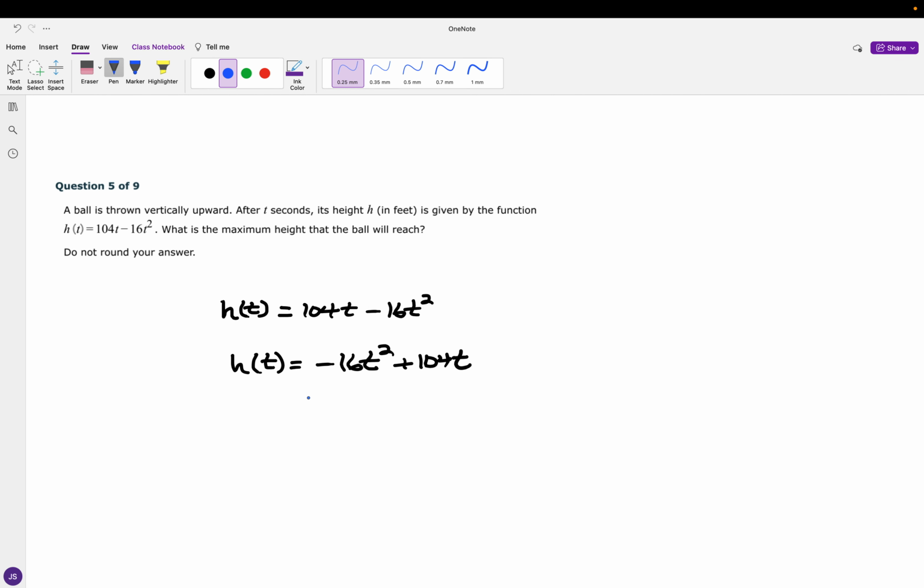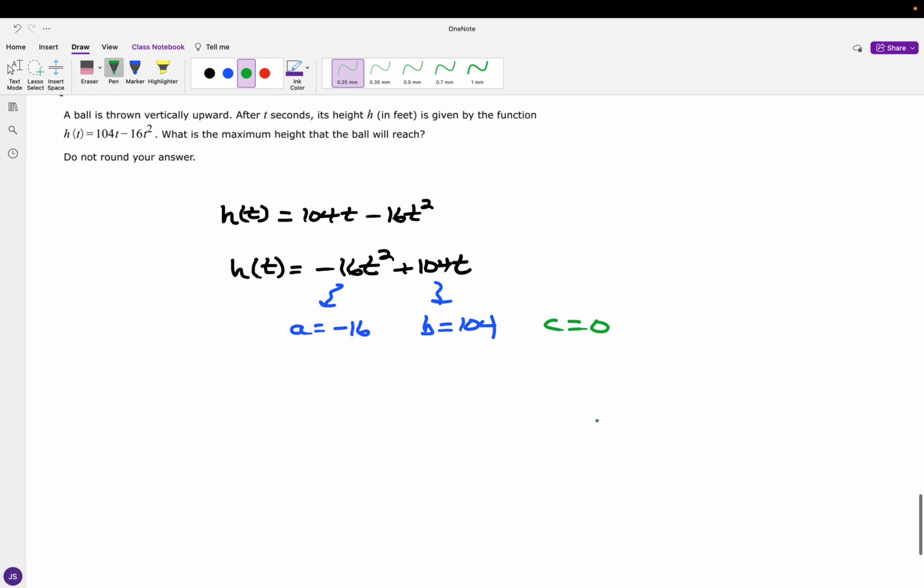Setting the stage, I use the standard form to get to the maximum. From this quadratic function, you have a is equal to negative 16. We have a first order term with a coefficient of 104, so you have b is equal to 104. And since I don't have anything to follow this, your c value would be negligible. And looking at the time at the maximum height,